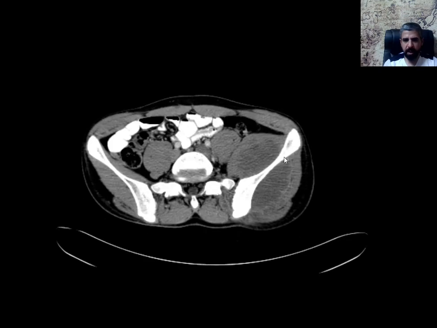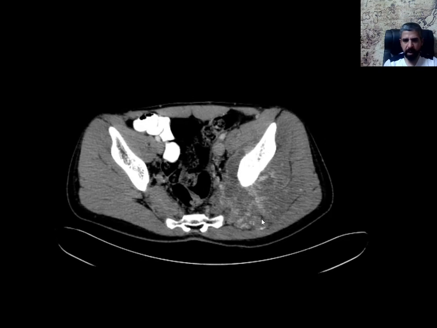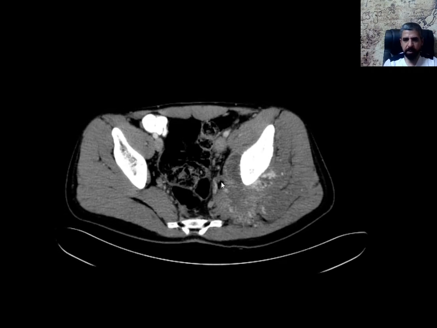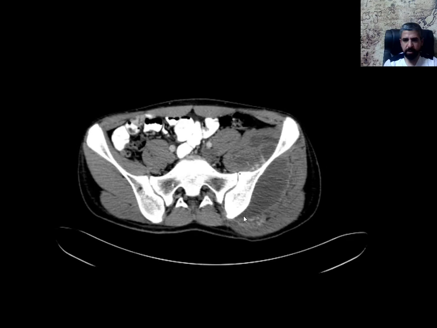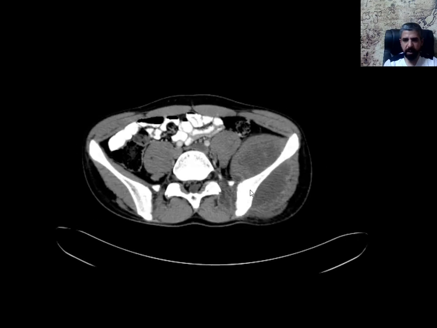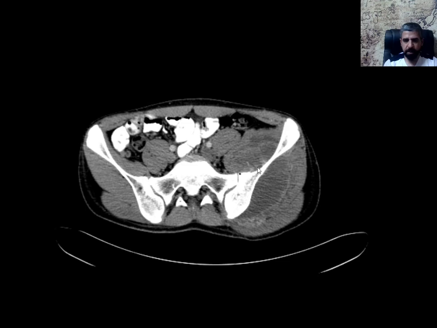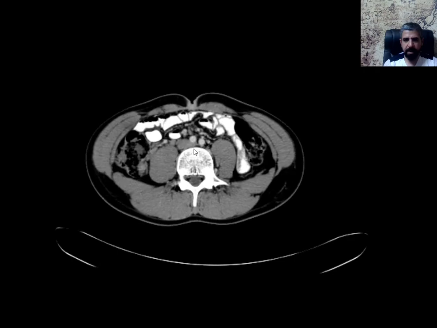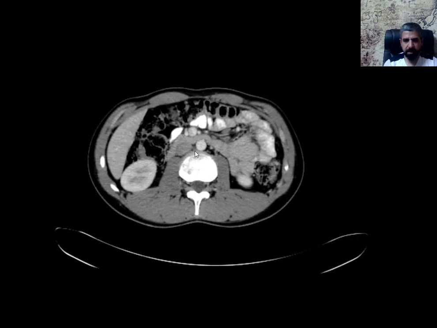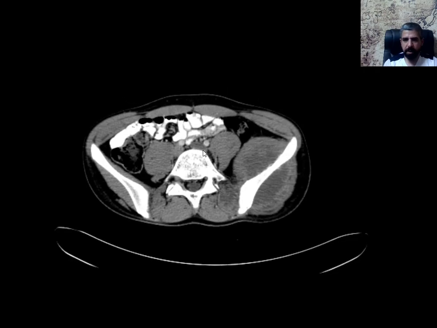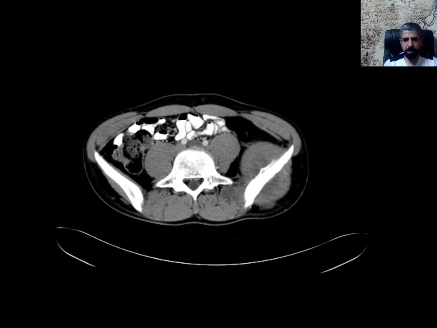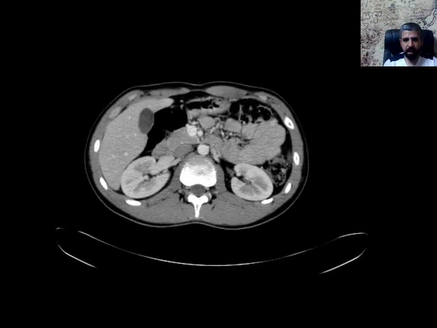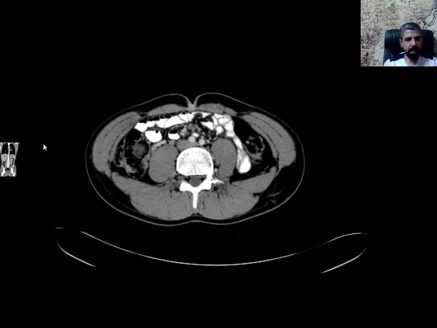So there is this large iliac fossa mass surrounding the iliac bone with sunburst type of periosteal reaction causing mass effect, invasion of the surrounding soft tissues. The bone is not destructed, it's not invaded. There is some periosteal reaction here, and you can see there is something within the iliac vein on the same, ipsilateral side. There are no significant para-aortic lymph nodes, and you can see the liver is intact, the kidneys are intact. Let's see the